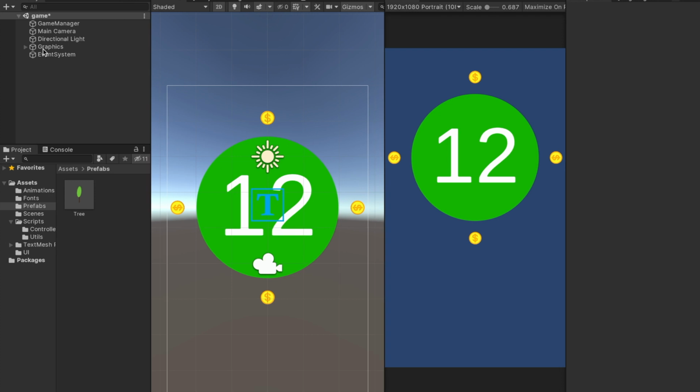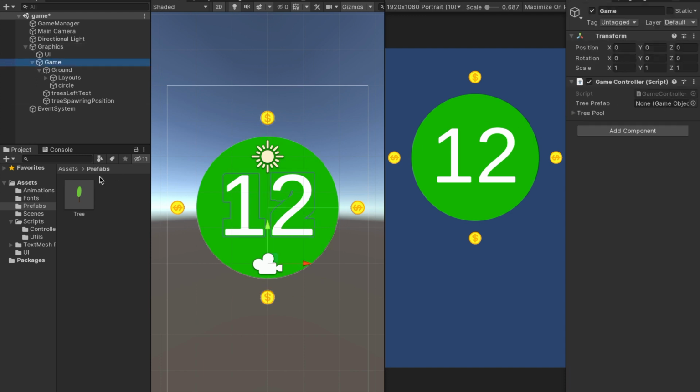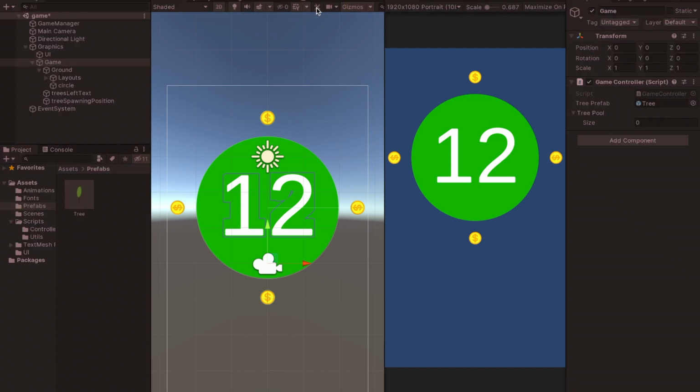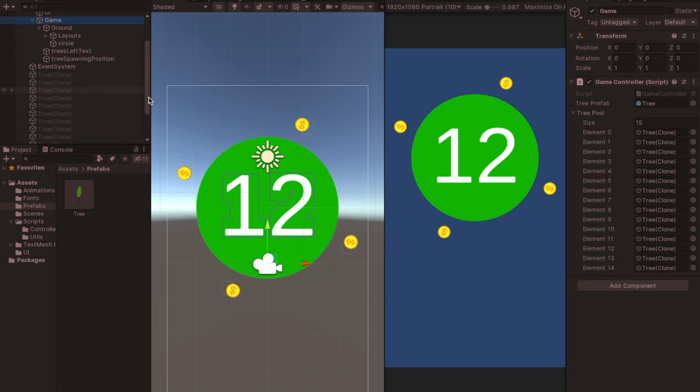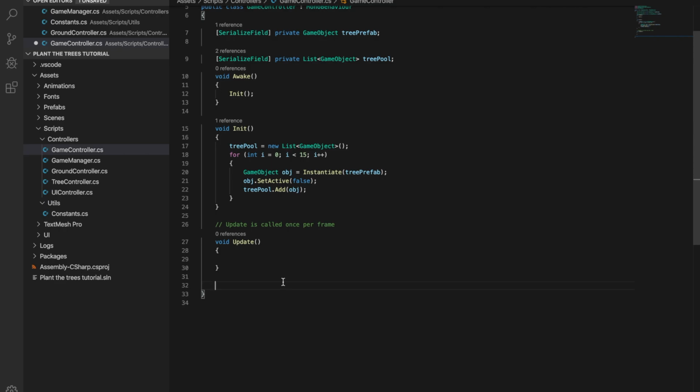Now let's move back to game, and inside game we're gonna add this prefab, and now when we run the game we can see that trees are already spawned. So first we need to make a function that will get us a free tree from the pool that we're gonna spawn. So get next free tree,